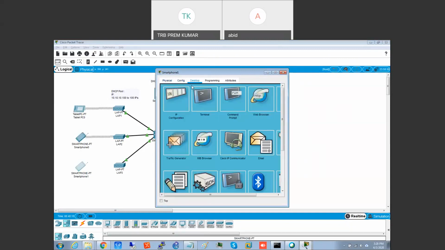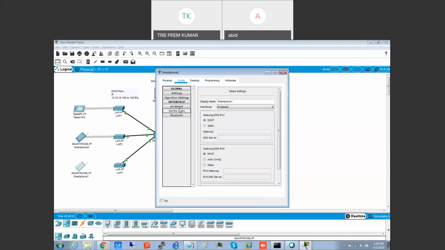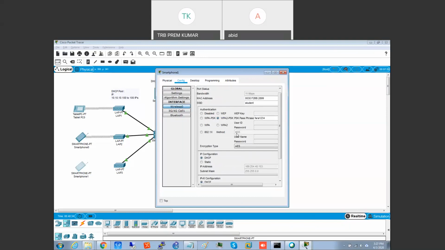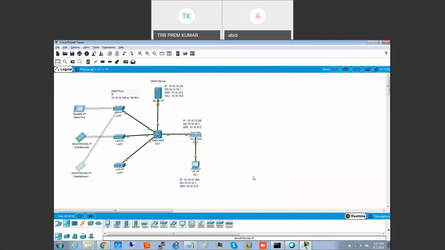Same way here: Desktop, Configuration, Wireless, and change to 105. That's it. See, now one is connected like this, one is connected like that. It depends on whatever is available at the time; we connect. So whoever gets the token first, and the broadcast, based on that.